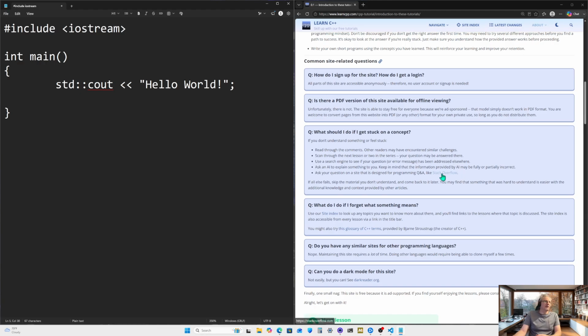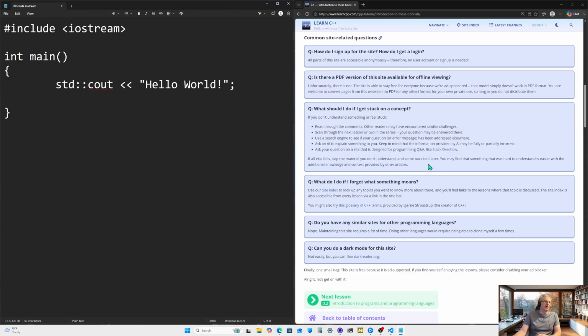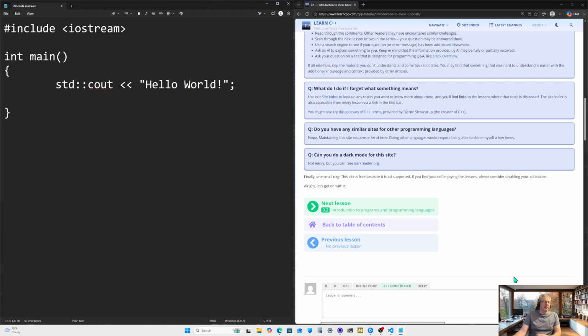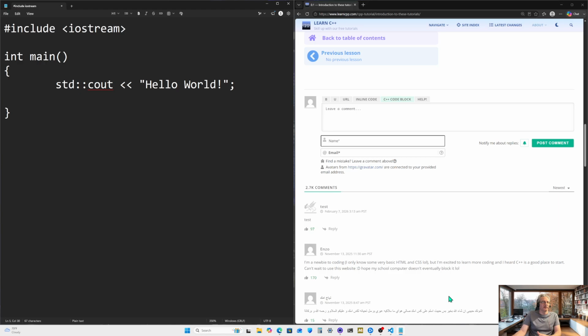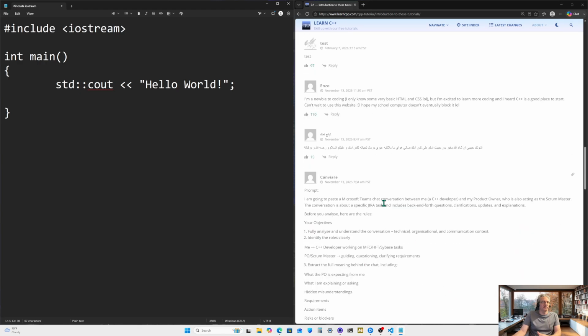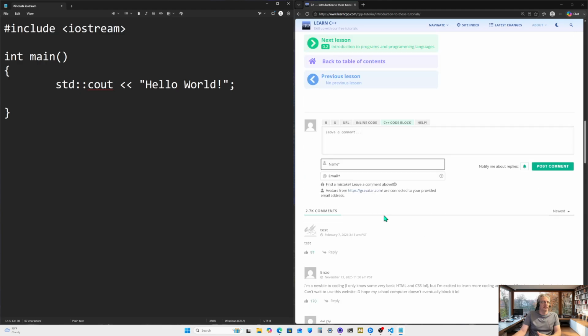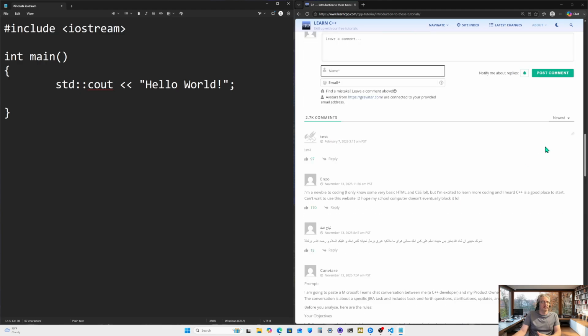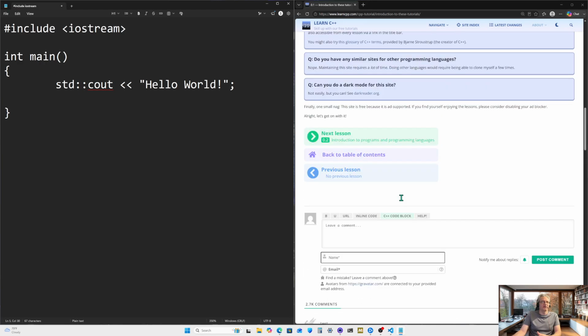So that is running into 37 minutes on this video, and I think we're going to stop right there. We'll pick up with this section, and then we'll be able to move on. Real quick, I just want to mention this. The green section right here takes you to the next part of the chapter or the next chapter. The back to contents, which you can also use up here to navigate back, and previous lesson takes you back. There are also comments in here from other people that have gone through this material, so don't hesitate to come down here and post some comments.